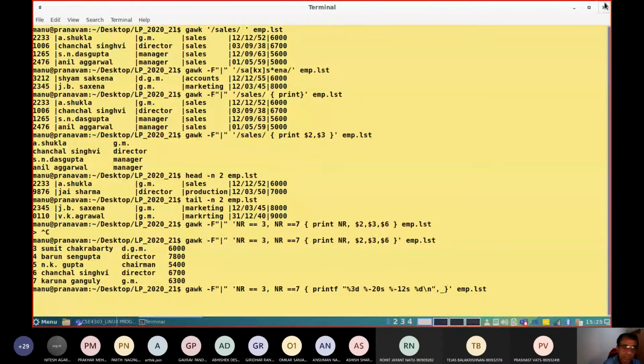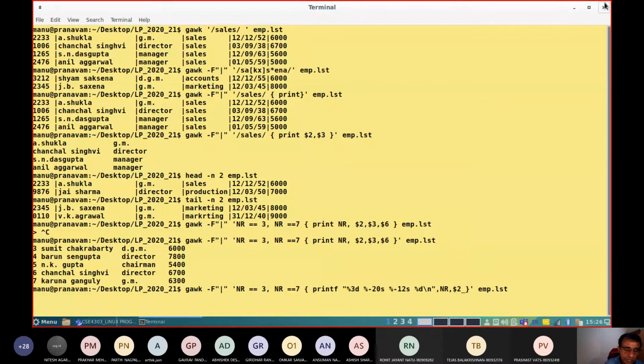Assume that you are using it for line number. Line number is represented by NR. You want to print it. Second, you want to print a name. Name is in the second field. That's why you are writing $2. And after that, one more string you want to display. Assume it is their designation.